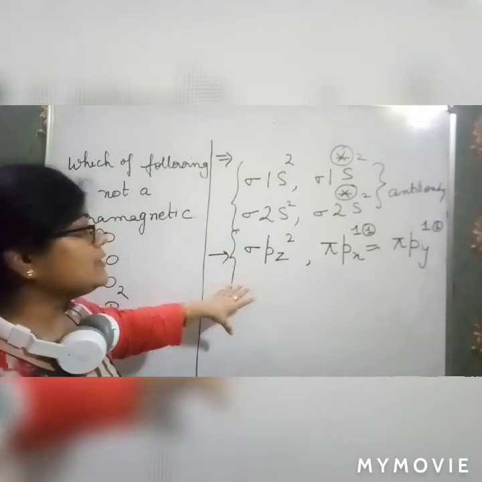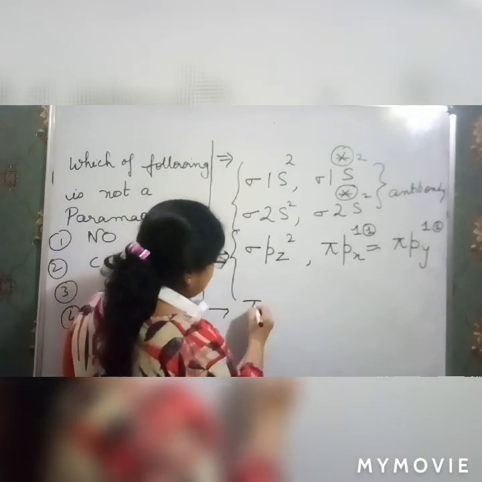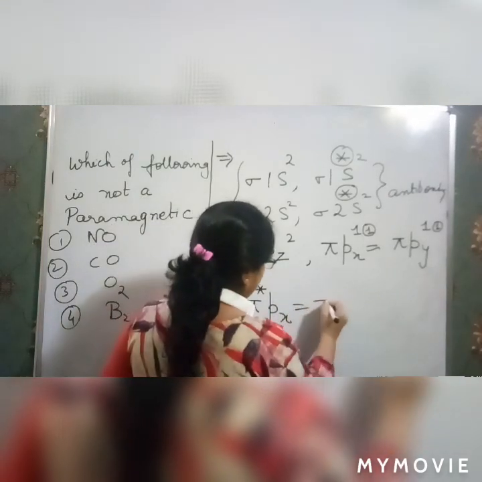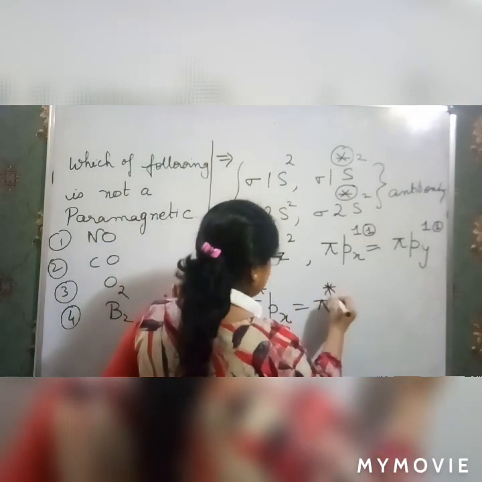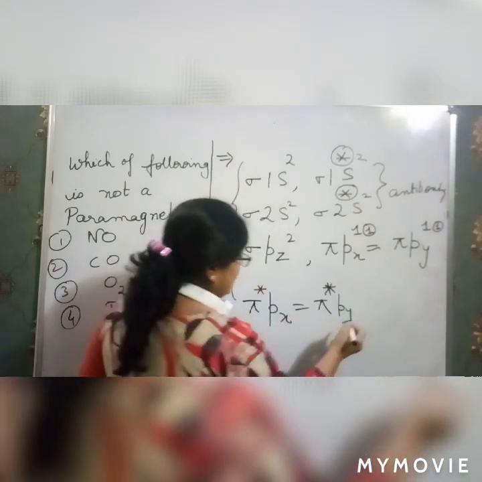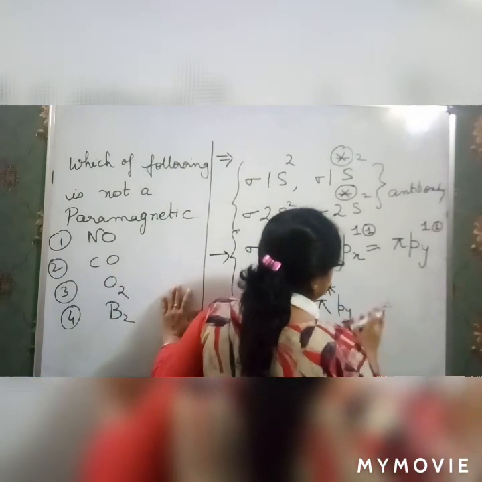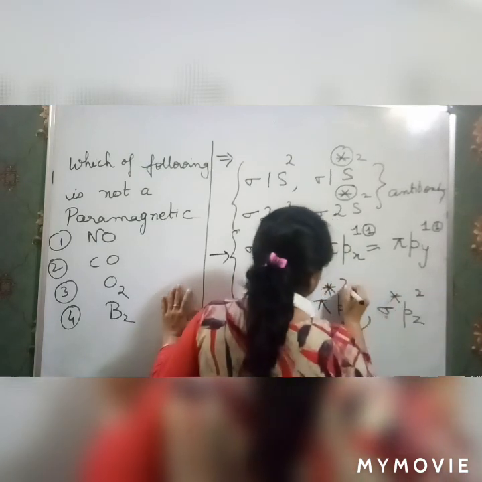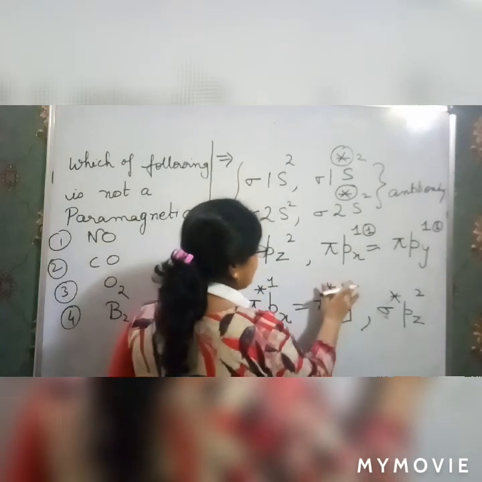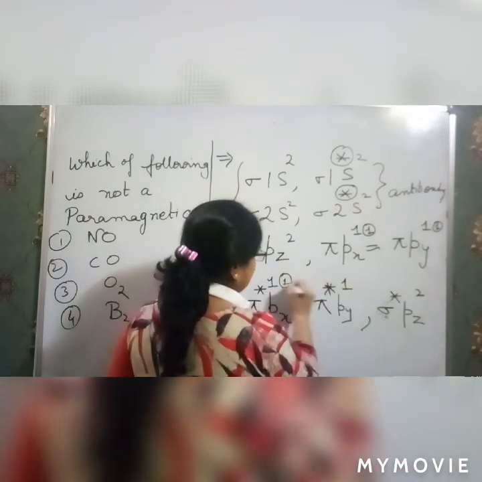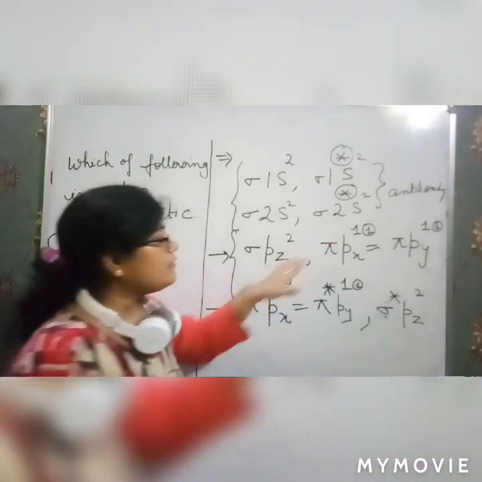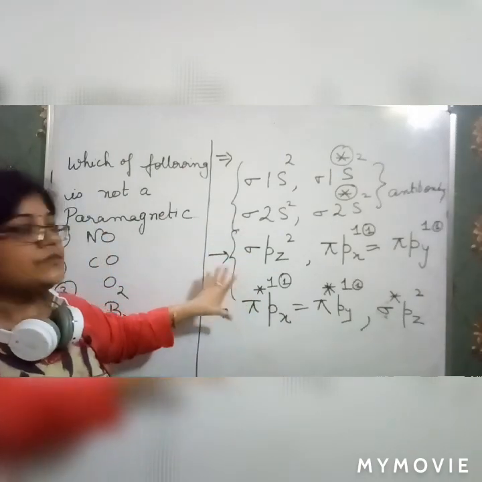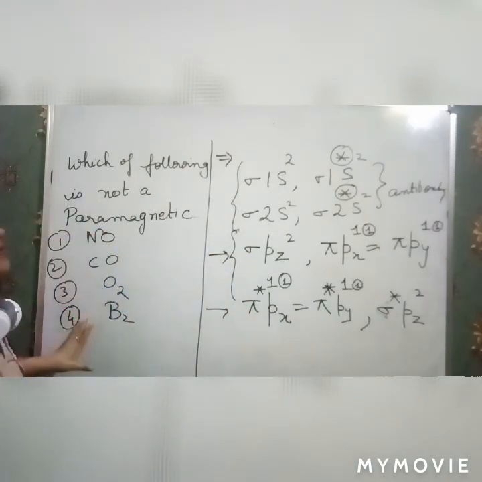After that, for the anti-bonding orbitals, you firstly fill px star and py star, not pz. Okay, and it is equivalent to pi star of py. Then after that, fill sigma star of the pz for 2 electrons. Okay, similarly here, firstly fill 1, then 1, then 1, and then 1. So this is the way, and often the mistakes are made in these 2 steps. Okay, now I am proceeding with our questions.